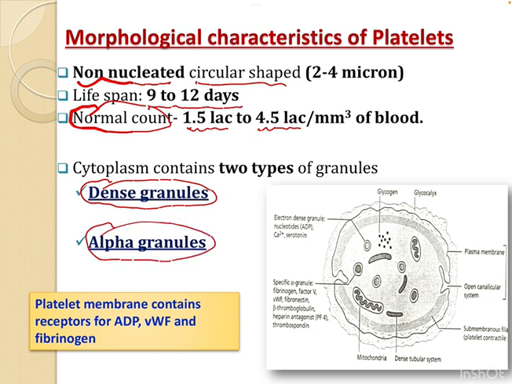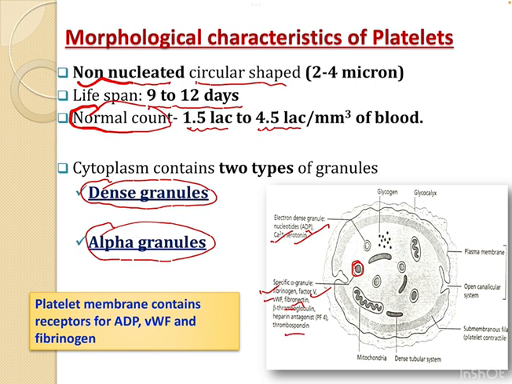The electron dense granules consist of adenosine diphosphate, calcium and serotonin, while the alpha granules contain fibrinogen, factor 5, von Willebrand factor, fibronectin, beta thromboglobulin, heparin antagonist,